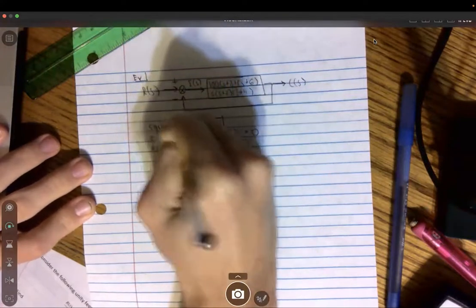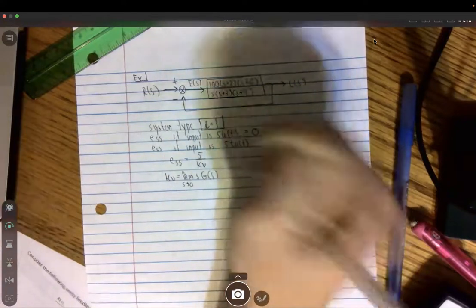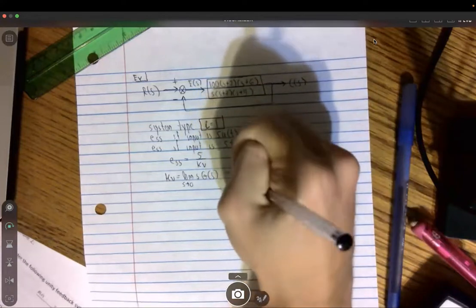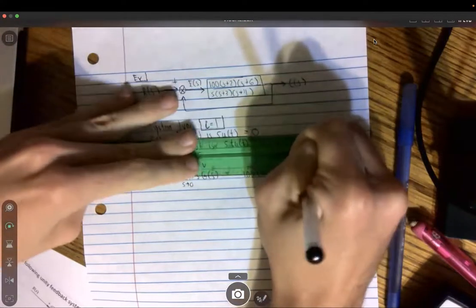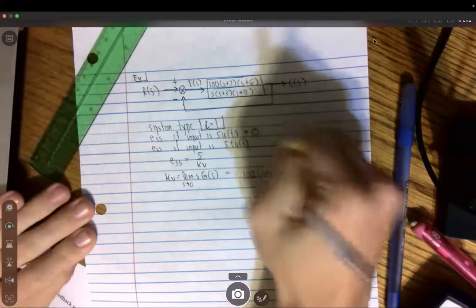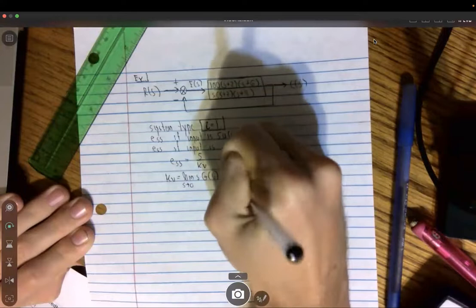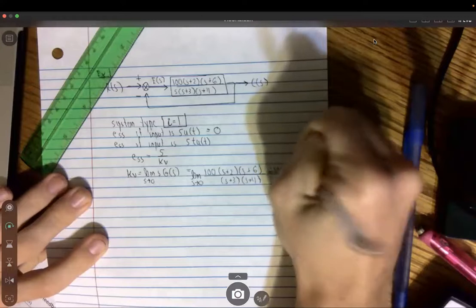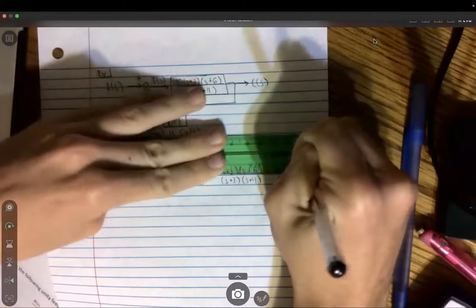Remember, your Kv is defined as the limit of sG(s) as s approaches 0. And so this is going to be 100 times (s plus 2) times (s plus 6) all over (s plus 3) times (s plus 4), because the s in the numerator and the s in the denominator will cancel. And so this will be the limit as s goes to 0. We get 100 times 2 times 6 all over 3 times 4. And when we solve for that,